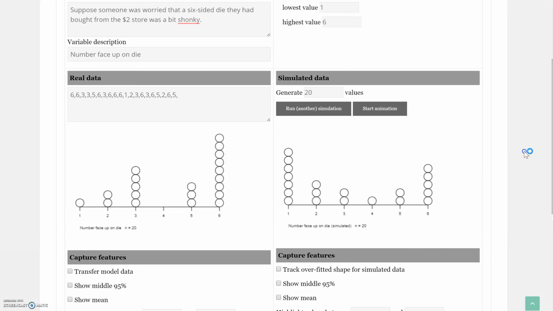So I'm going to focus on checking the overfitted shape, and I've called it the overfitted shape in this last version of the tool, because basically I'm just going to go from the top of every single dot and make a line graph from those values. So if I pop that on